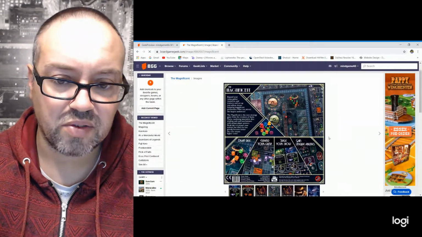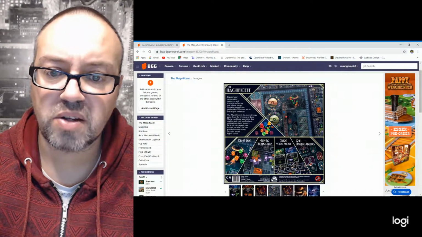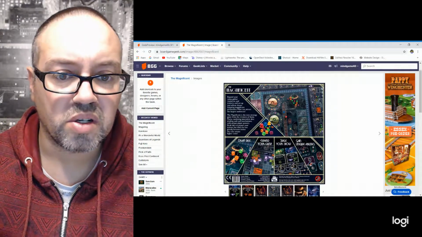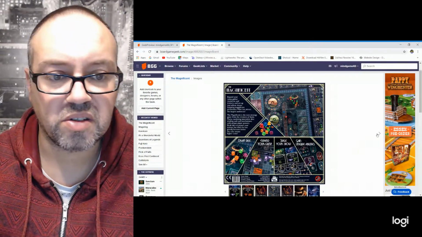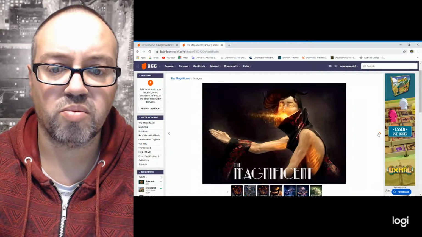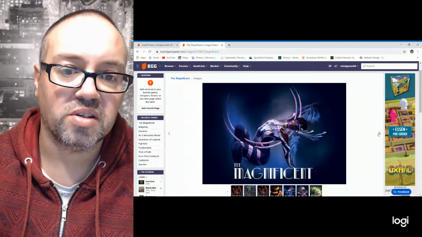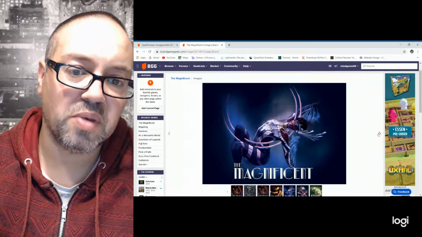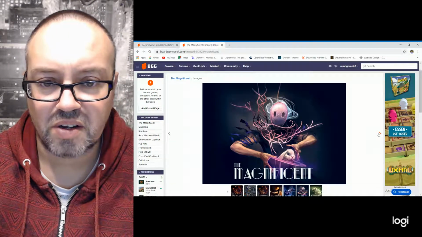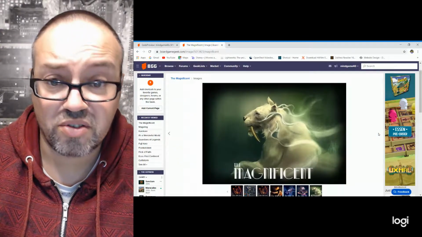So the Magnificent. Draft your dice, expand your camp with these tiles, stage your show, and gain unique abilities. It looks pretty cool. This is the front of the board. The art looks amazing, to be honest. It really looks amazing. Wow, it's like a Cirque du Soleil. I've never been to Cirque du Soleil, so